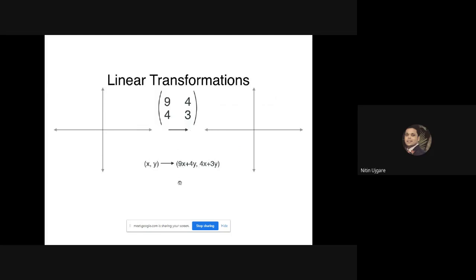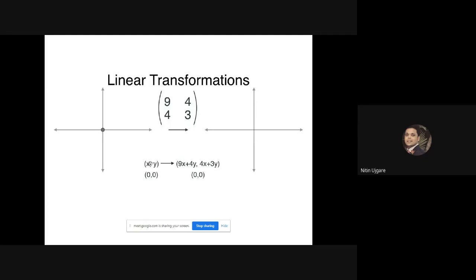So in the covariance matrix, we have 9 and 4 for the x coordinate and 4 and 3 for the y coordinate. Okay, so green gives me the value for x, and red gives me the value for the y coordinate. Using this transformation function, let's introduce any point. Let's say this is a point on this hyperplane. Now if I want to transform this point, I will just use this linear transformation function, which is 9x plus 4y, and 4x plus 3y. So this gives me the x coordinate value and this gives me the y coordinate value for this hyperplane.